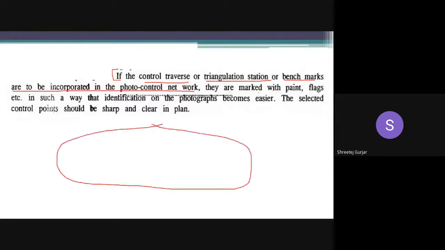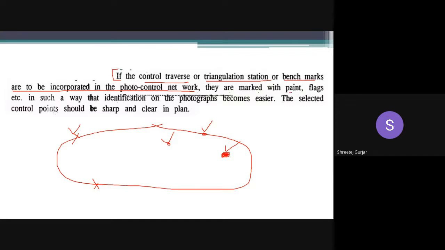If you have an area and there are some benchmarks in your area, and you want to incorporate those benchmarks or any triangulation stations or traverse stations on your photo control, what you do is you mark those benchmarks, triangulation points, or traverse stations with some paint, or you put some flags on top of them, so that when you take the aerial photograph, you can easily identify them later on and mark those points on your photograph, right?